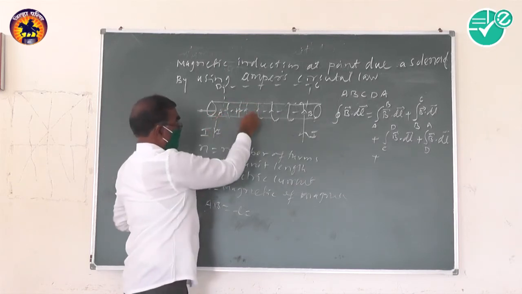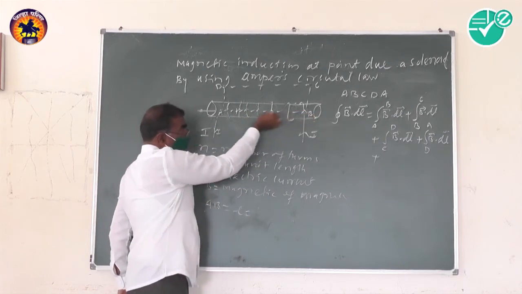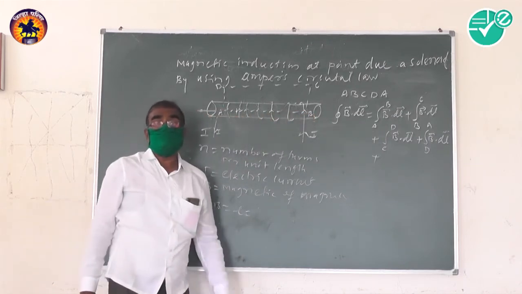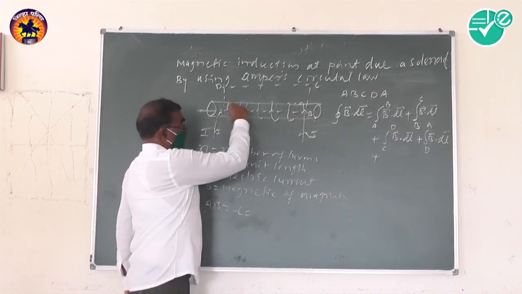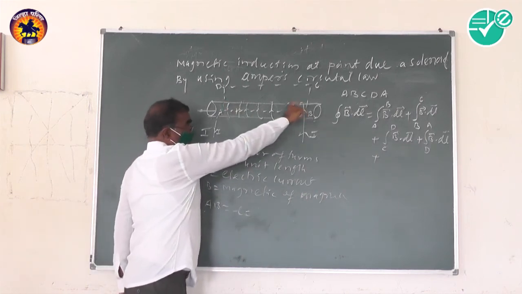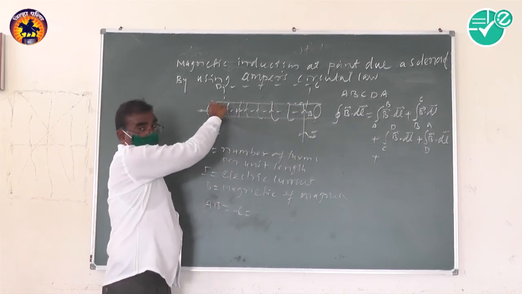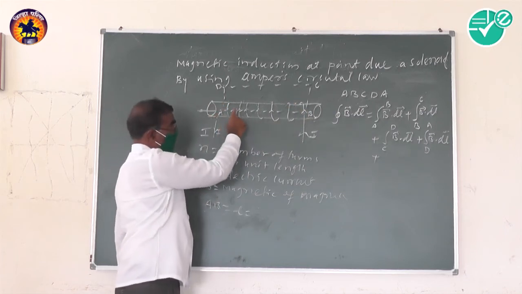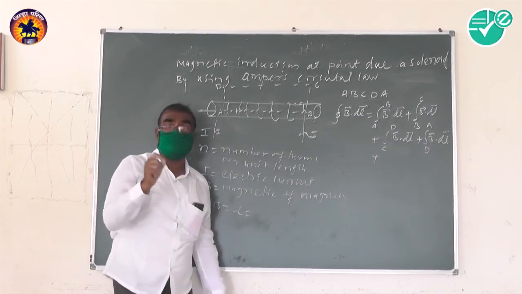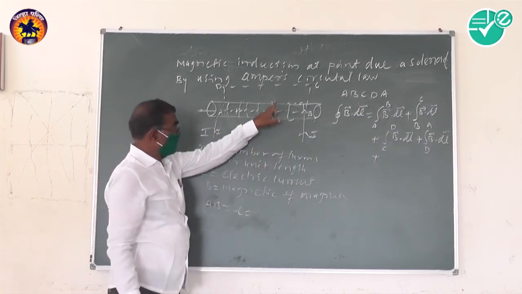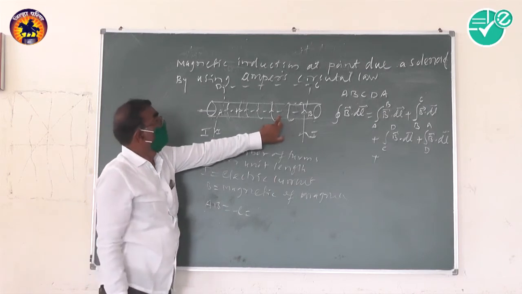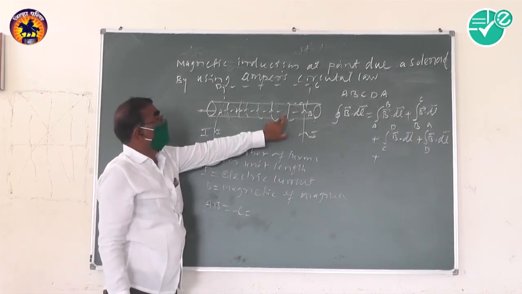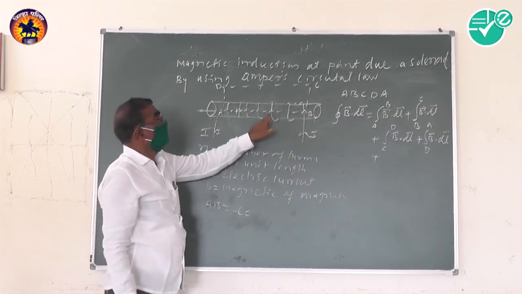The magnetic induction is parallel to the axis of the solenoid, and the magnetic induction along the solenoid is uniform. Uniform means the direction and magnitude of magnetic induction inside the solenoid are the same, that is, the magnitude and direction of the magnetic field at every point are the same.